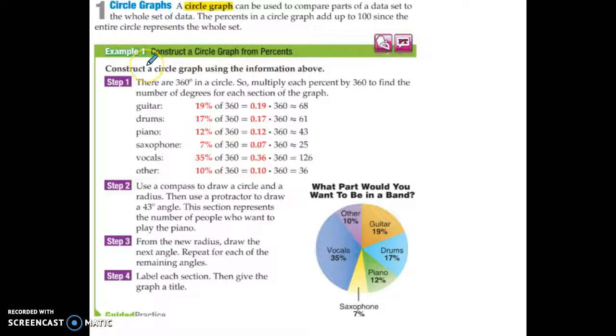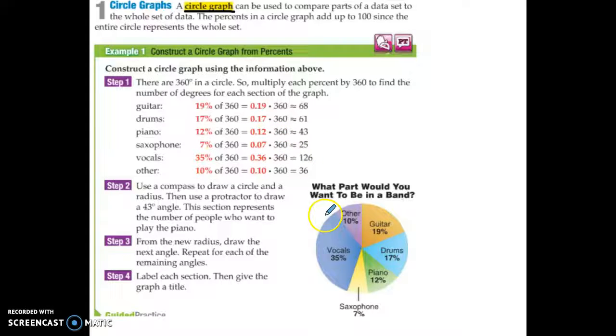Again, always write down what we are doing. So what is a circle graph? We use it to compare parts of data to a whole. So you have to have all the data somehow represented. It could be a certain number, it could be as a percent. Usually have it as a percent. But we can take all the data, which adds up to 100% of the data, and make a circle graph